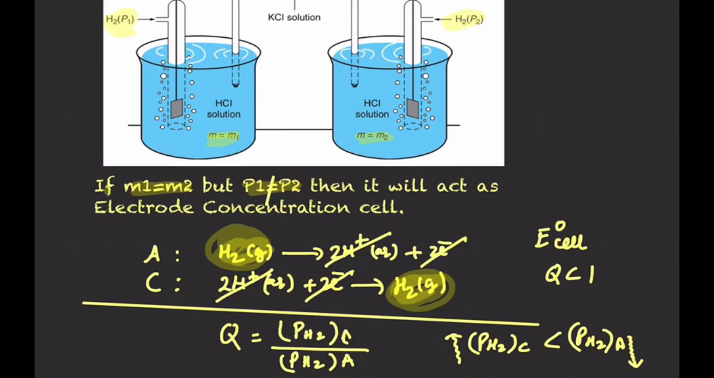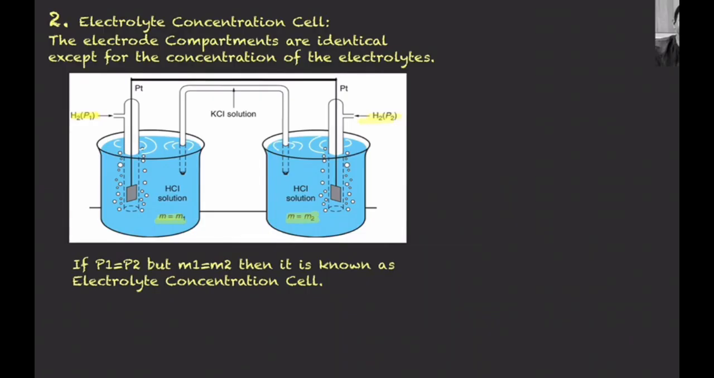Now let us see the electrolyte concentration cell. In an electrolyte concentration cell, the electrode compartments are identical except for the concentration of electrolytes. For example, here the pressure of hydrogen gas on the left hand side and on the right hand side is equal, P1 equals P2, but the concentration of HCl on the left hand side is not equal to the concentration of HCl on the right hand side, M1 is not equal to M2. The molarity of H plus ion on the left and right hand sides is not equal. Then it is known as